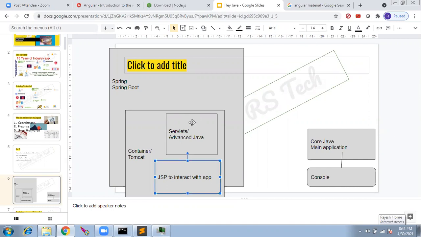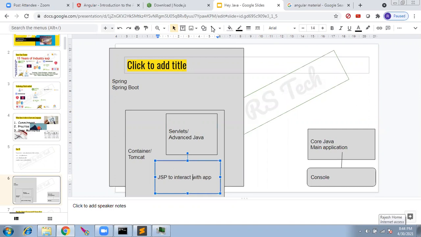Which means a Java developer has to write the JSP. I am not interested in Java. I want to write the UI. Someone else take care of the Java business logic. Why do you need to have it yourself?